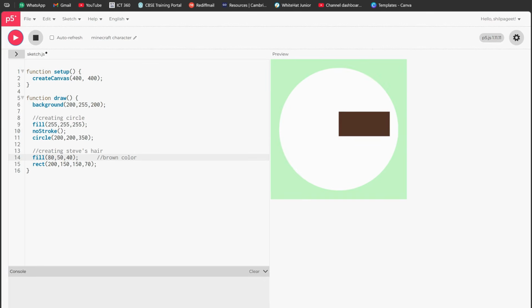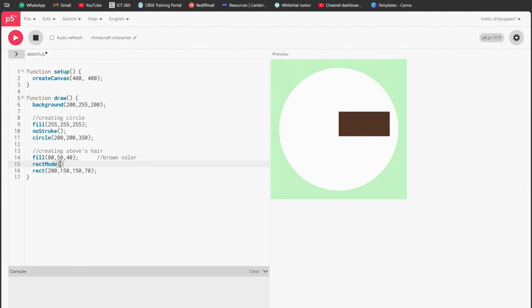That's how it looks. Now, sometimes we might get a little confused with the coordinates value, and we want this rectangle to be at the center of the circle, but we are not able to figure out what exact values should be there. Therefore, the rect instruction or command also gives us one more instruction, which is rectMode, which ensures us to have the center of the rectangle, because we are talking about a canvas which is 400 and